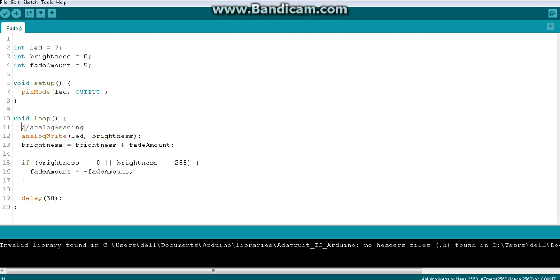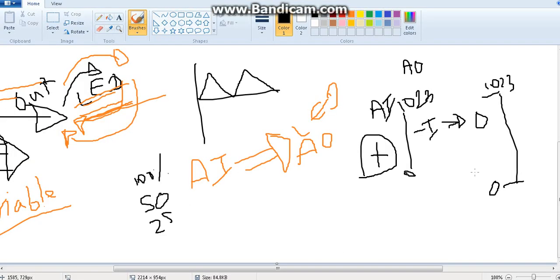So it will be read from, let's say, A0, and the analog output will be given to the LED, meaning pin number 7. Instead of a brightness, this reading value will be coming here. So we took that input value and we have given it as the output value. According to the input changing, the output immediately goes up accordingly. So this looks like it makes sense. Yes, this makes sense, but there's a small problem.